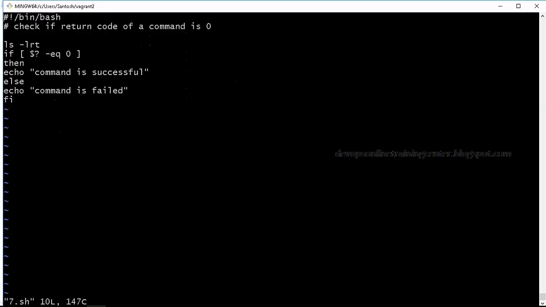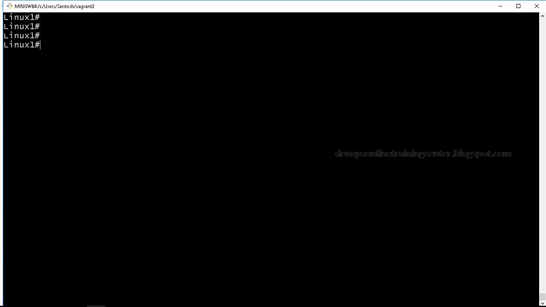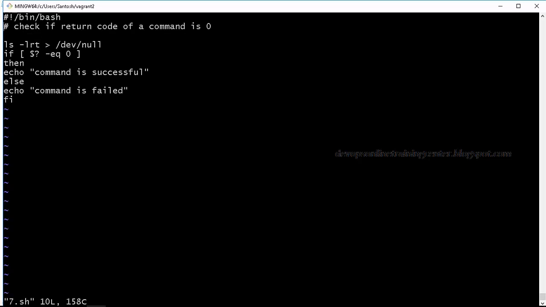So what we can do is redirect this output to some file, so that file will have this content, or we can redirect it to the null device, /dev/null. This is basically redirecting the output to null. So nothing will be stored and you will not have the output on the screen. Now only whether the command is successful or failed will be shown on the screen, right?